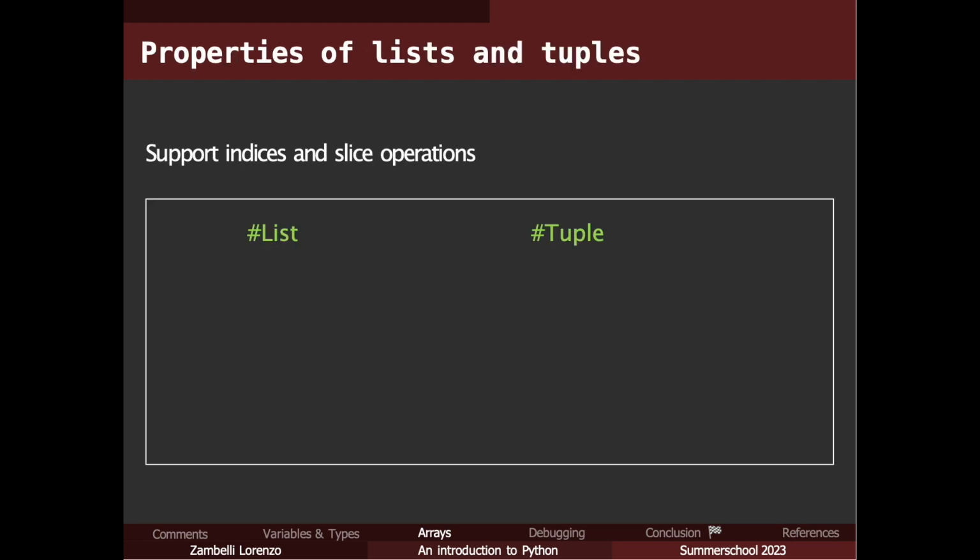Properties of lists and tuples. Both lists and tuples support indices and slice operations. Indexing means that you can take the value of an element inside the list or tuple by asking for the index, so the position it has in the list or tuple.